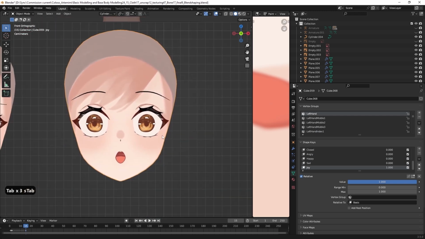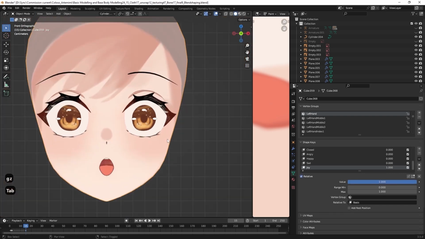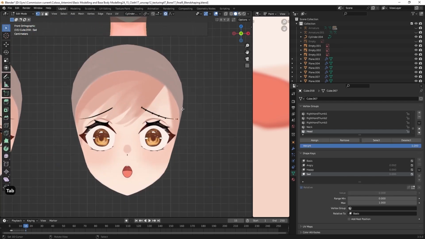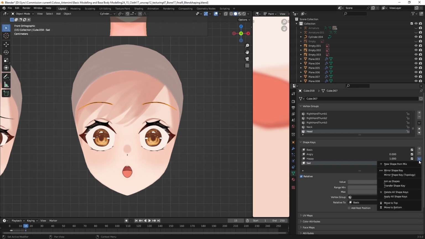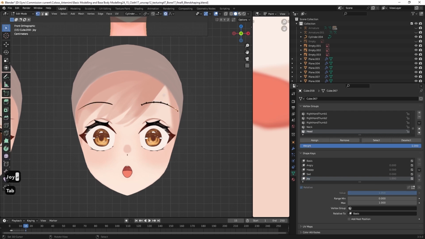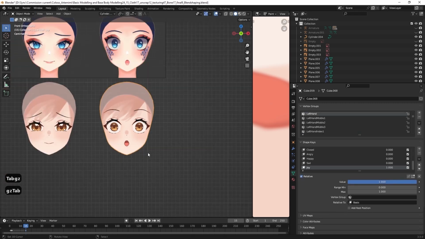And the next part that we're gonna create, we're gonna adjust this here. All right, like this. And then we're gonna create a joy eyebrow. So we have our happy eyebrow like this, and then we can just do a new shape from mix, call it joy, and then move it more upper like this, and then we are done.